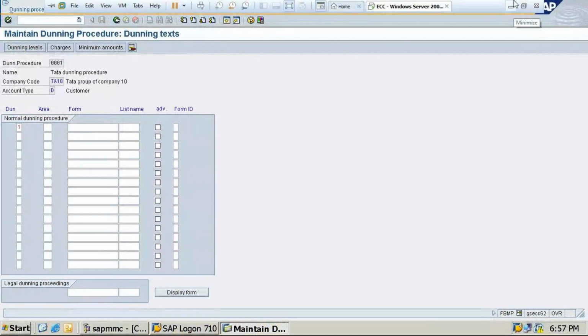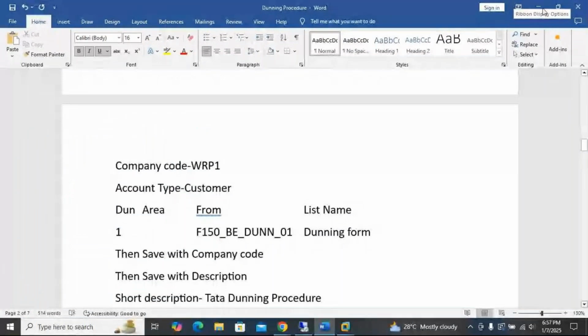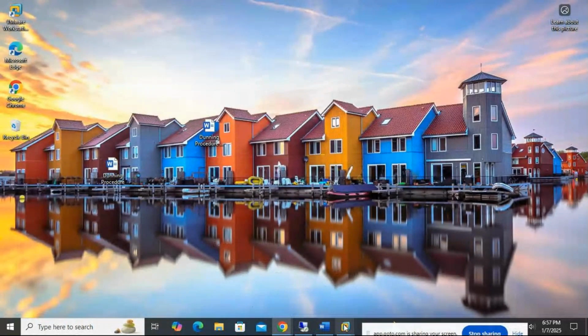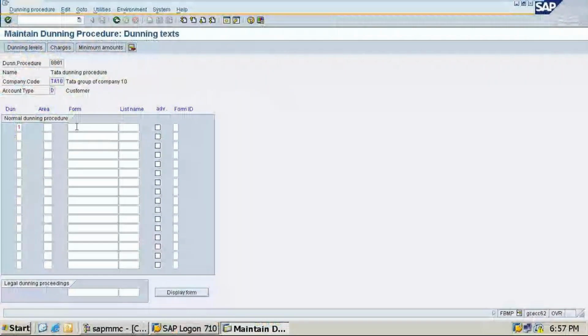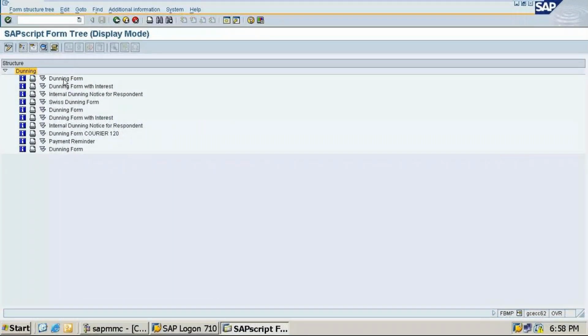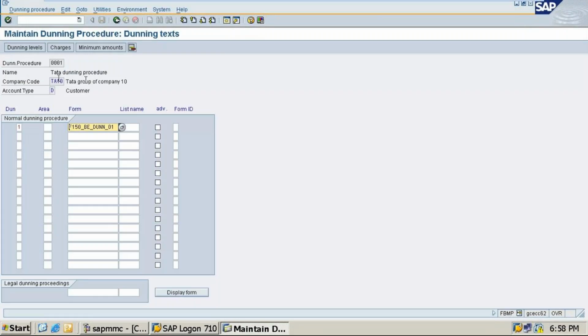It will be tricky, students, but you can do it. From and list Dunning form. From, what we need to do, we have to select 0, 1. So Dunning form. Okay, so that we have to do and click on enter.